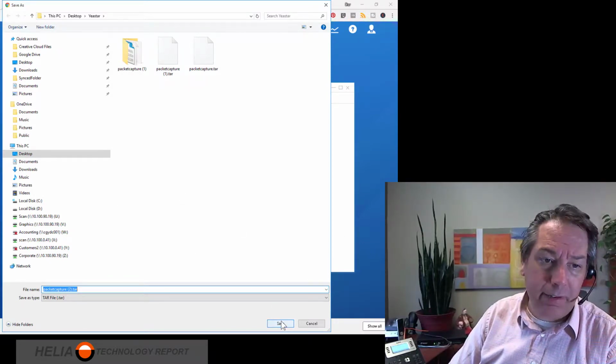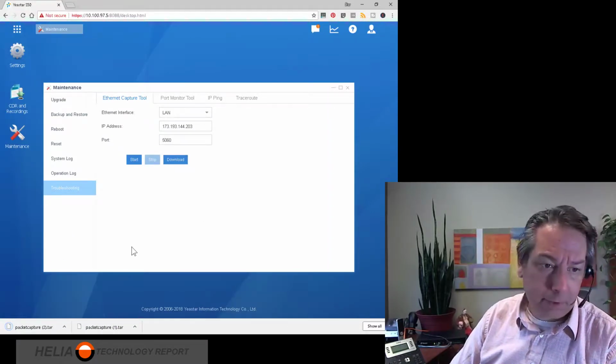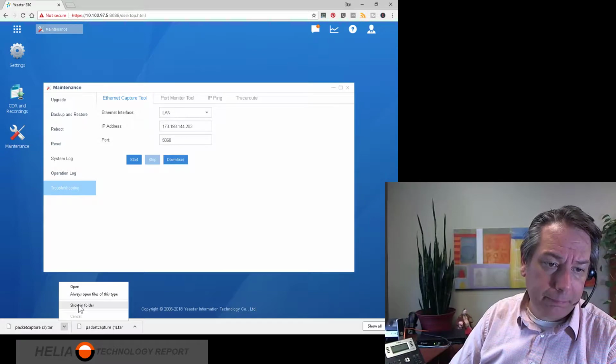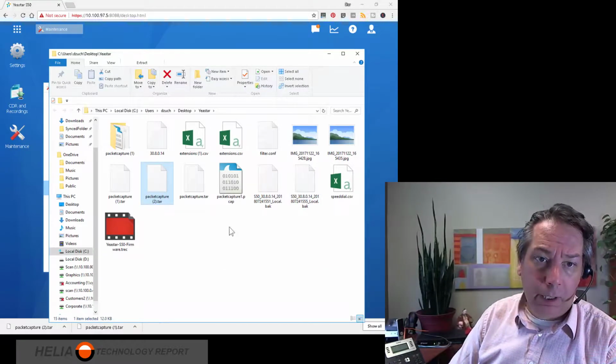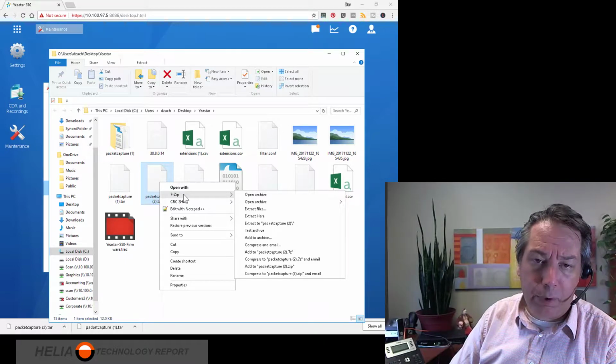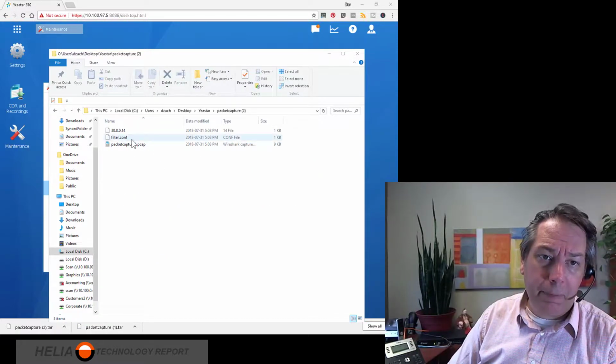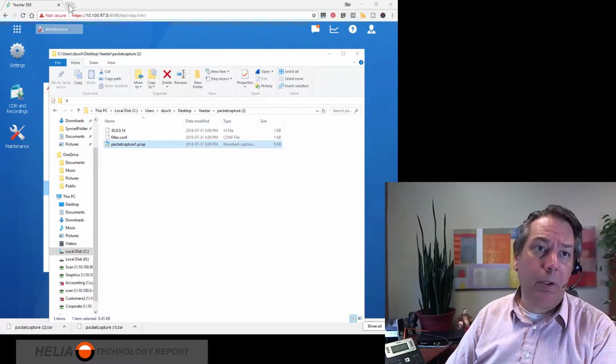Okay, so we're going to save. This is a tar file. It's like a zip file, and we're going to open that up. And there's my tar file. So we're going to use a program called 7-zip and extract that. So here's my pcap. Now you need a program called Wireshark,